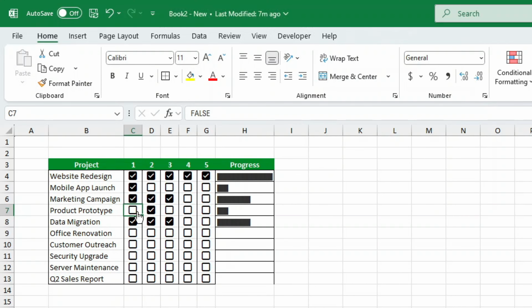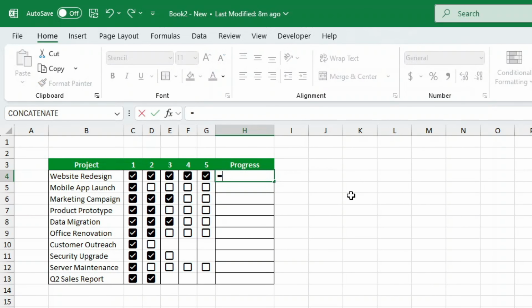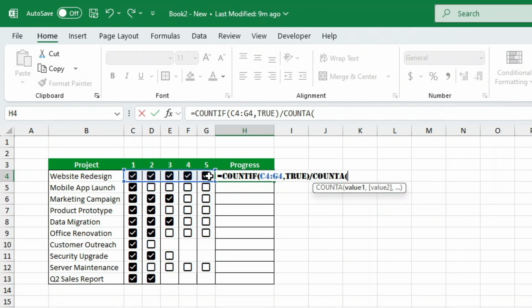If all your projects have different numbers of tasks, the progress bars won't match up correctly. Instead, let's calculate the percentage of tasks completed and create a data bar in Excel. Click on your progress percentage column and enter this formula. =COUNTIF(B2:E2,TRUE)/COUNTA(B2:E2). COUNTIF(B2:E2,TRUE)